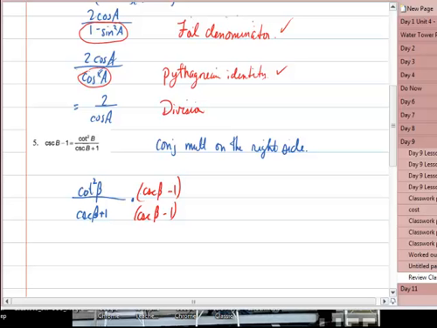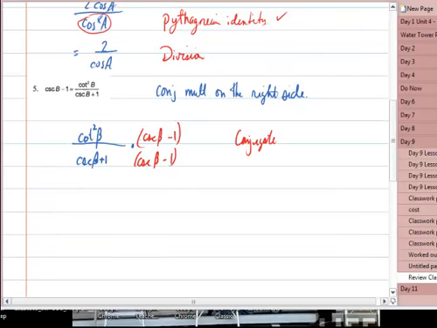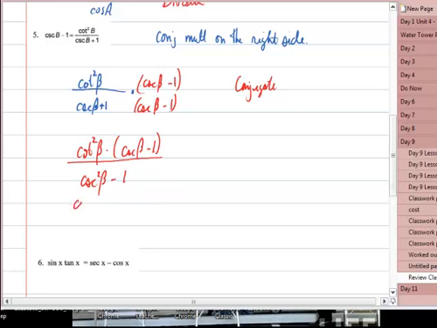And when I do that, I get cotangent squared of beta times cosecant of beta minus 1 all over. Now remember, we use a conjugate because what it does is it makes the denominator just be the first and last term, first minus the last term, difference of squares. And at this point, hopefully you recognized that